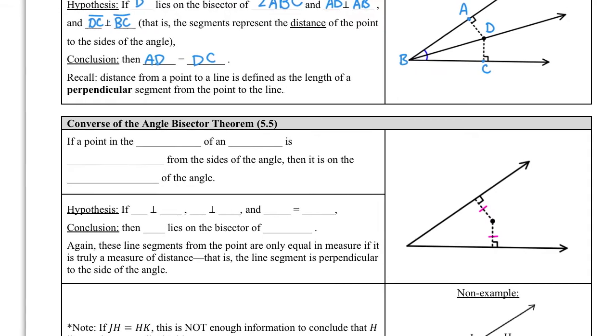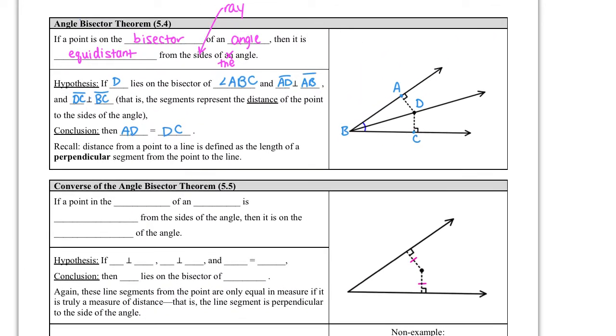of the angle bisector theorem. So remember, converse is just swapping the hypothesis and the conclusion, but we have to word it a little differently here. So now we're just going to say, hey, I have this angle and this point somewhere on the interior of the angle. If you remember,